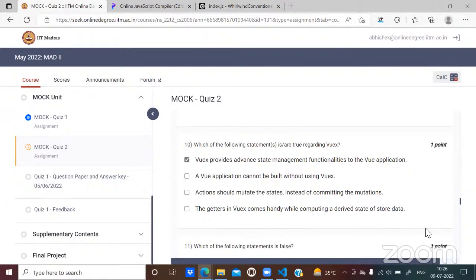Let's say if I have to use Vuex, okay, what is the bare minimum I have to do? I have to do A, B, C. Maybe I have to define actions. I have to manage state through actions. Maybe these are the basic things I need to do. Maybe some other things that are not required to be done as part of using the Vuex library. That comes under advanced, right?